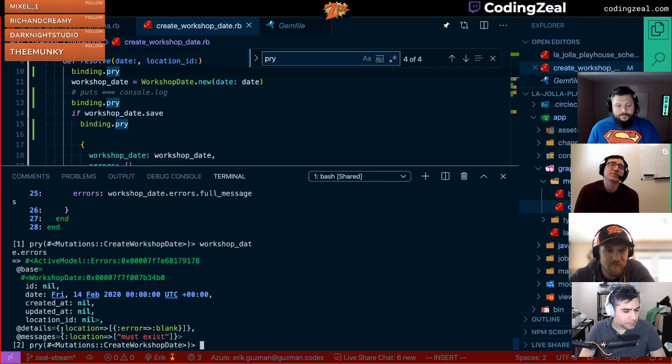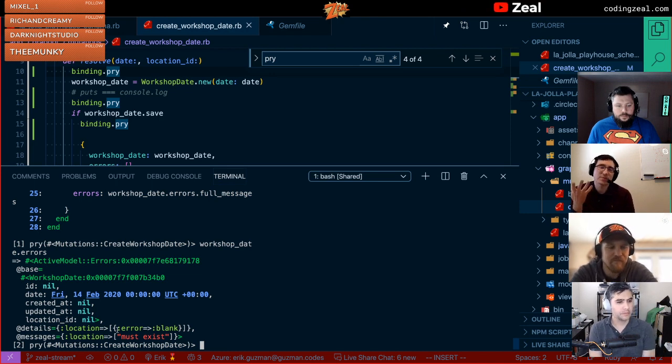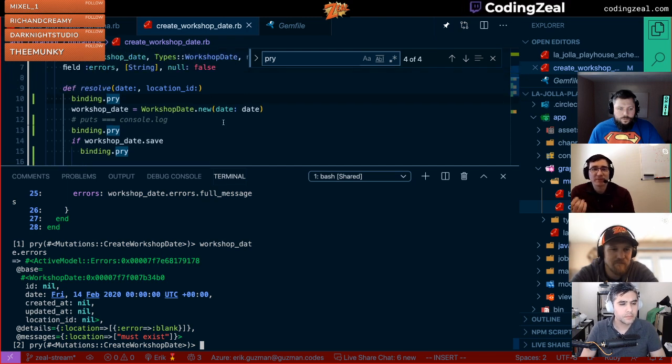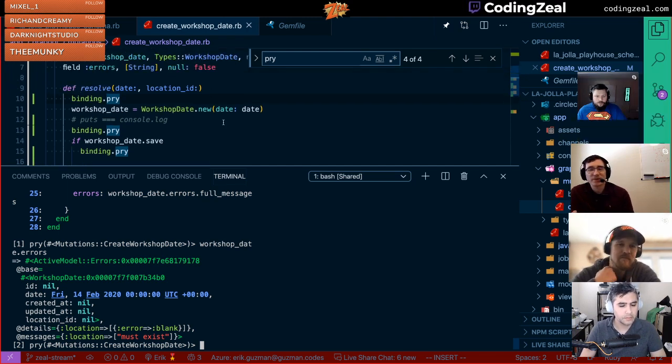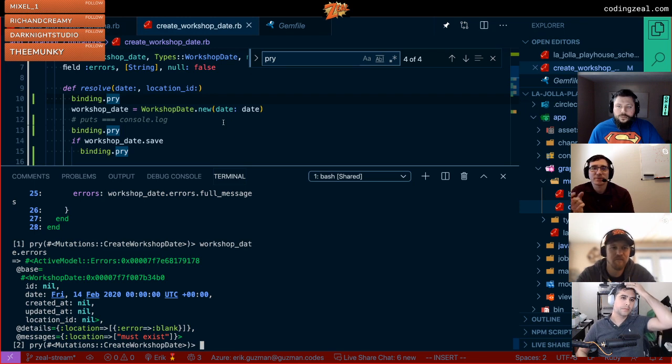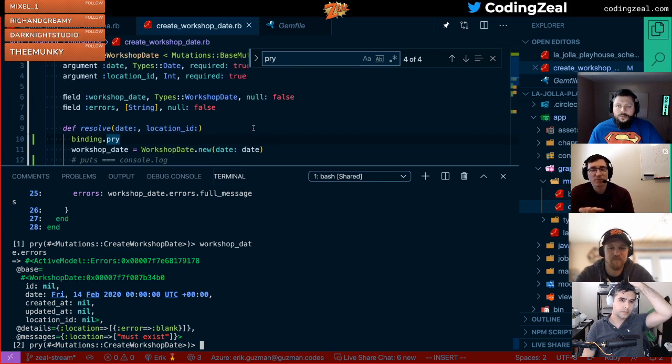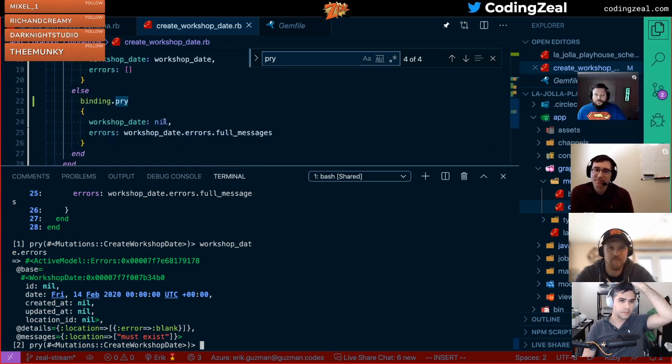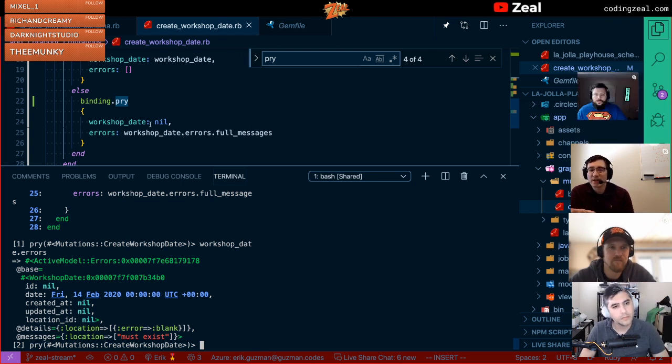Cool. So this is Active Record's representation of the errors that occurred when we tried to save it. Location must exist. So we know that on line 11, when we were initializing our workshop date, we should have passed the location ID in that initialization. And I believe the reason we got the error that we did is because it's returning nil for workshop date inside of that else block, and nil is not allowed according to our